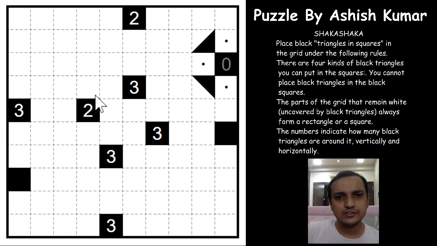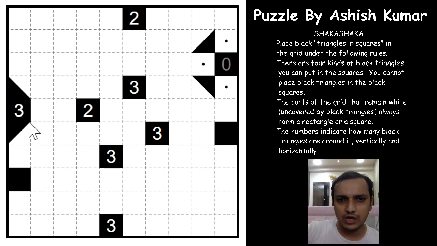And one more trick is, if you see this 3, there is no other possible way for the 3 to have the triangle, only one possible way. All the other 3 possible ways will form a different shape. So this is a triangle for sure, but we don't know the orientation, right?